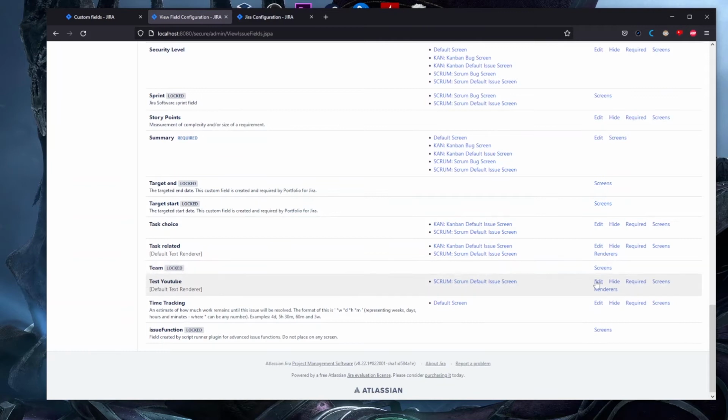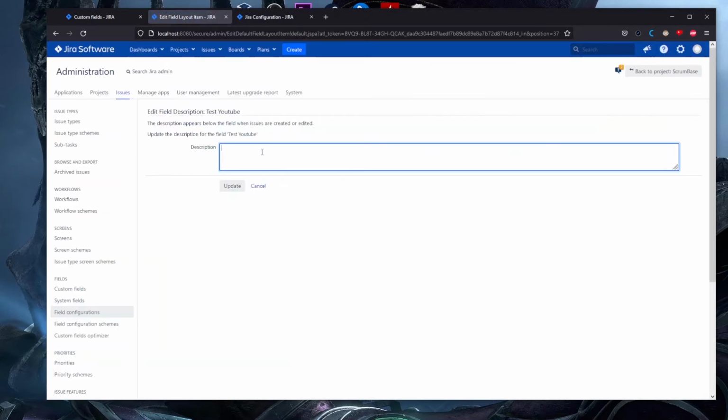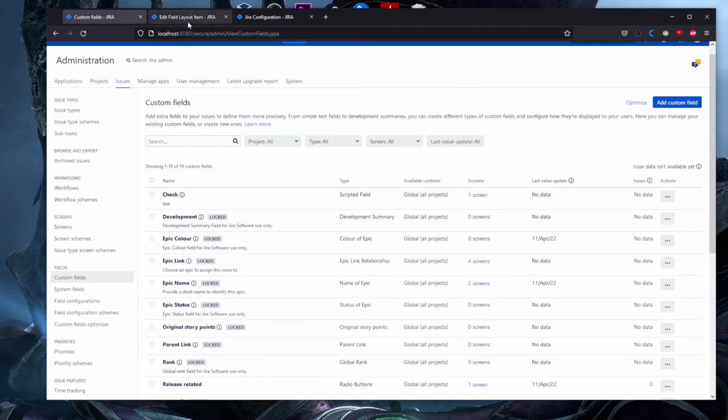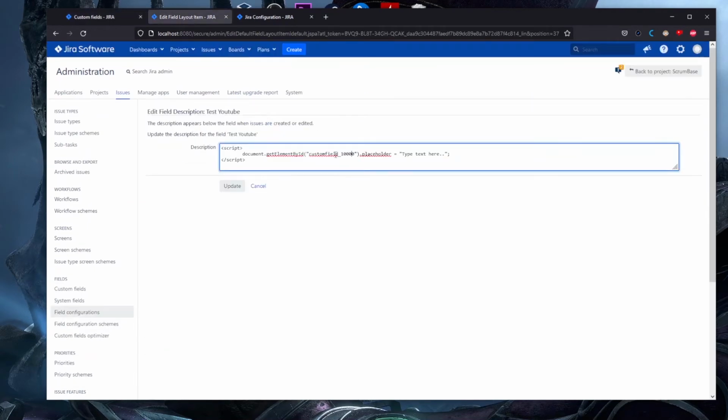YouTube, and here we just press edit on the right side of the custom field, and here you have a description. And I'm going to add here a small script, and this script needs to be customized for your environment. So basically you need to change this custom field ID, right? And in order to do so, you need to go back in the custom fields area and try to see what is the custom field ID of this custom field that you are trying to edit the description,